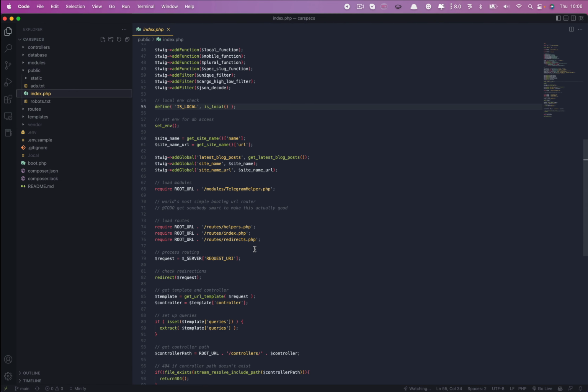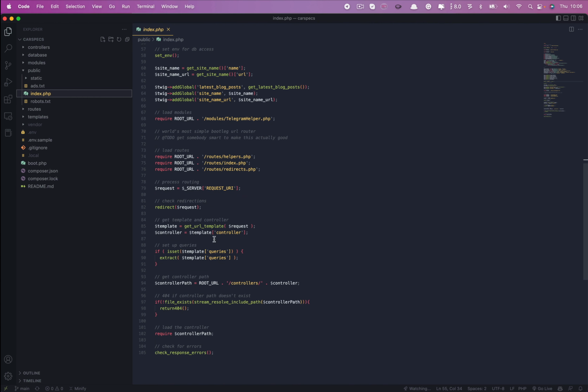And then I've got a very simple routing system here, which just picks the URLs that have been given to this index.php file, tries to find a template controller, which will do all of the heavy lifting to get the information from the database and then load the template. So if it doesn't find anything, it returns a 404 here. So basically, in the routes folder,